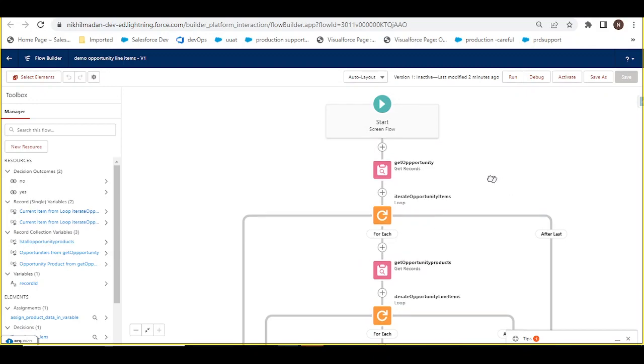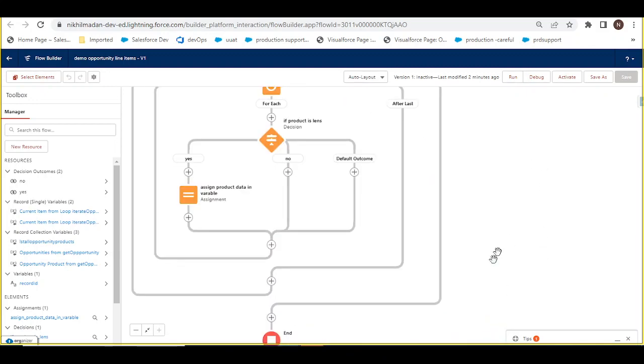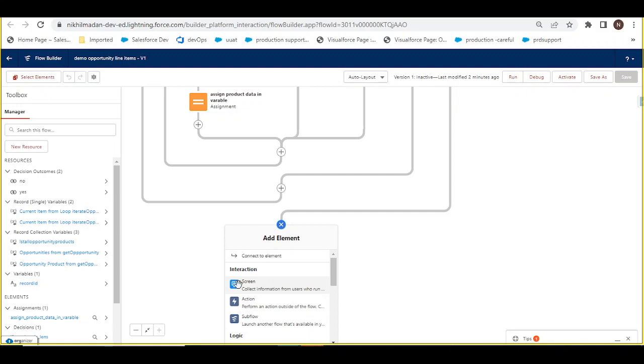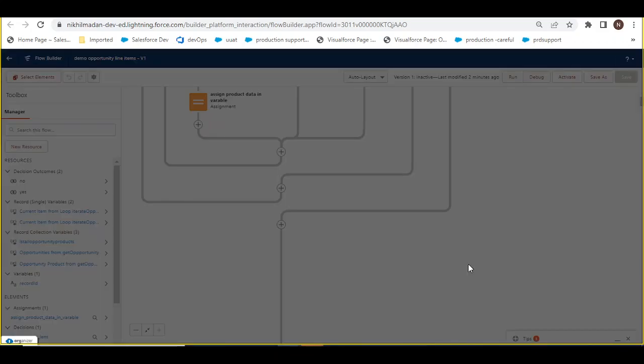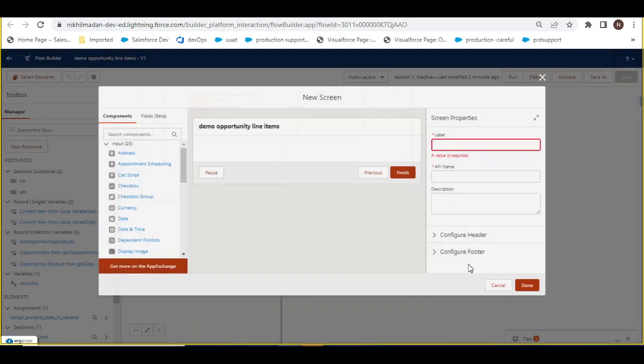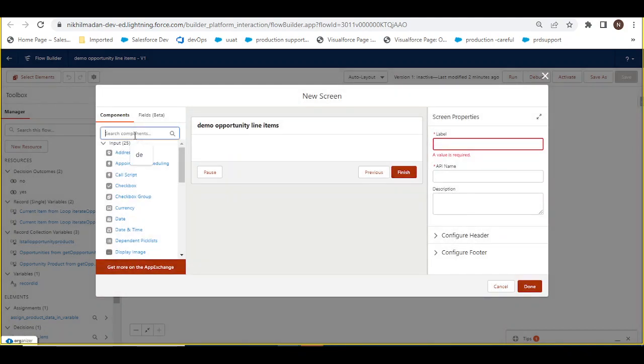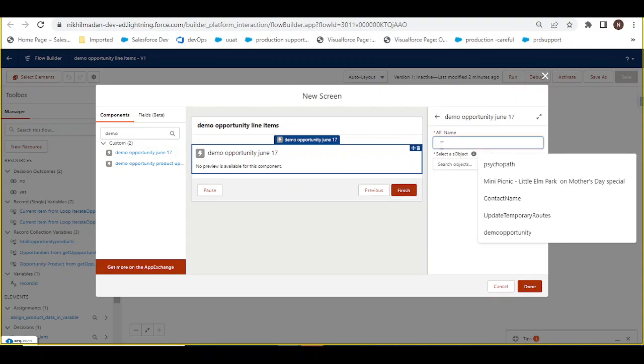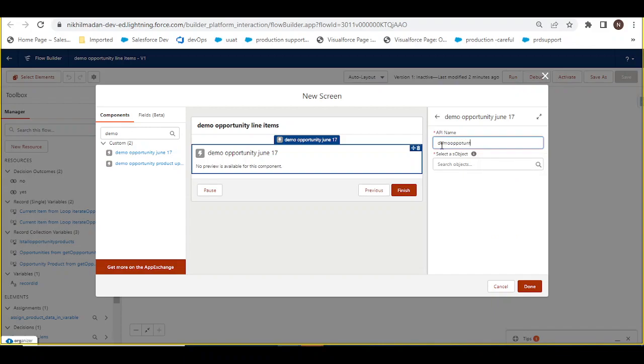So we got a flow here, and we'll simply go down and add a screen here. Now we will search our component. If you see, it's coming now with the master label we provided, and if it doesn't come, just go back and come back to this flow again. We'll give this the name demo opportunity line. What is the subject? Opportunity